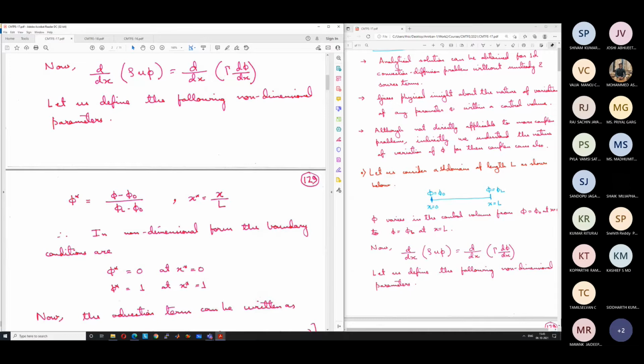Phi is the variable of concern, like the variable that we are trying to solve for. What we are trying to do ultimately in this problem, we are trying to find out what is the variation of phi going from x equal to 0 to x equal to L. So basically, we are trying to find out how phi varies with x. Okay. So that if we know that variation, we will be easily able to find out at any point what is the variable value phi.